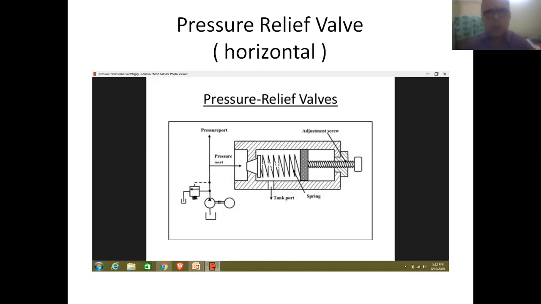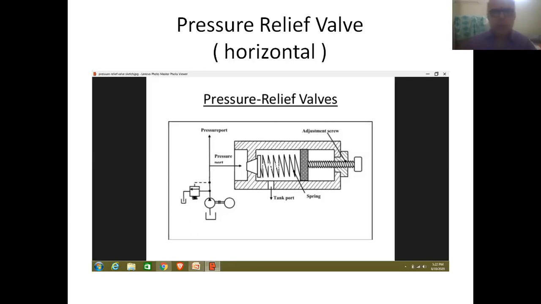And secondly, an element is placed inside the body of the valve. That is referred to as a poppet. You can see this element that is placed in the left hand side of the valve. That is called the valve element.